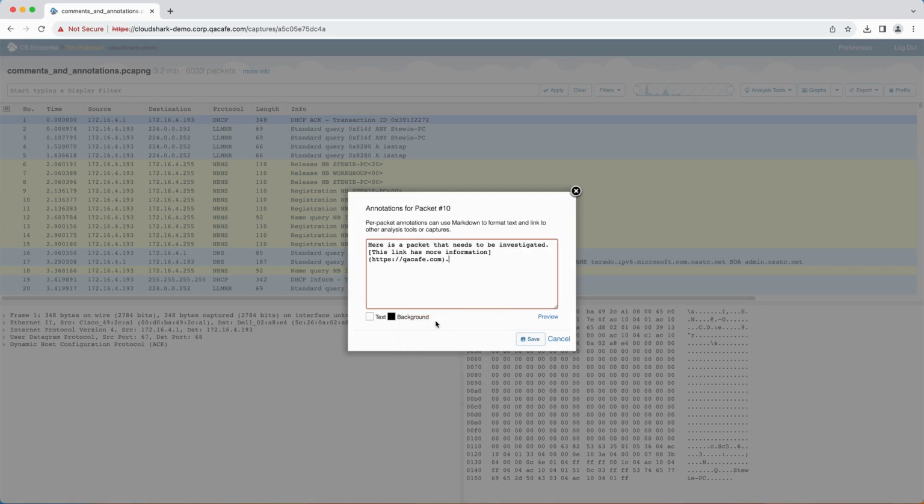The annotation editor allows you to save, update, delete, and preview the annotation. You can also select colors for the text and background of the annotation. Annotations support Markdown syntax, which allows the text to be formatted in various ways. Markdown also supports linking, which is a great way to link directly from an annotation to another capture file, trouble